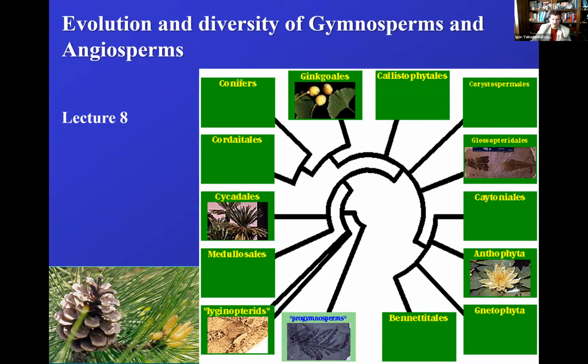So that was about the seedless non-vascular and then vascular plants. Now we start talking about the seeded plants. And as you can see from this particular cladogram, we have quite a few groups. We'll talk a little bit in the lab about some of those extinct plants, but generally we'll talk about the cycads, the ginkgos, and the conifers.